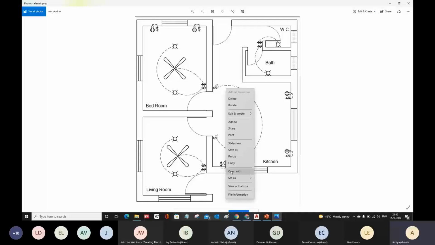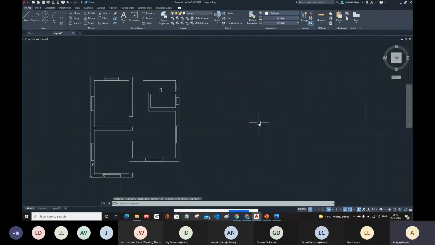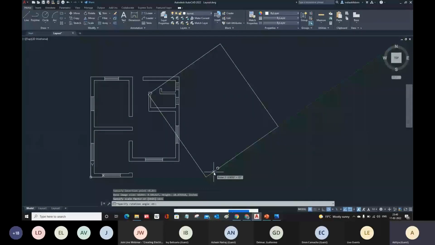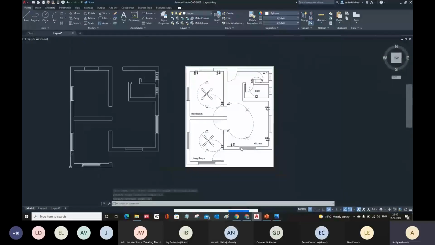So suppose I have this image, I'm going to copy it, and then you can simply use Control V for pasting, and then specify the point wherever you want to place it, and then specify the scale. Whatever scale you require, you can specify, then hit the enter key to accept the rotation angle, and there you go. And now you can take a reference from this image. You can use the scale command to specify the exact size of your image according to your drawing.